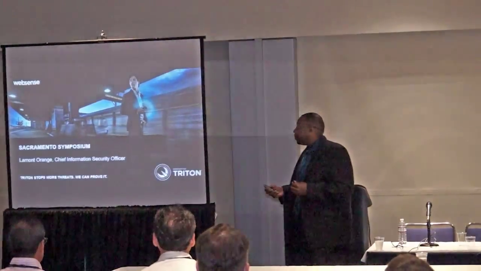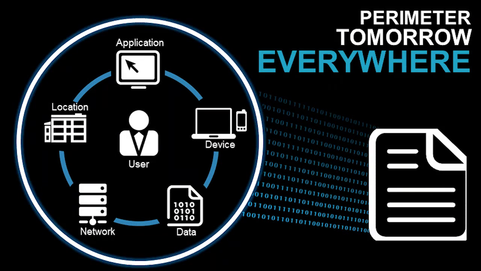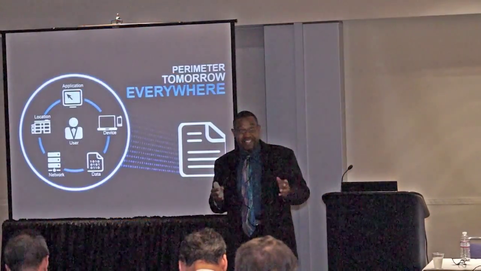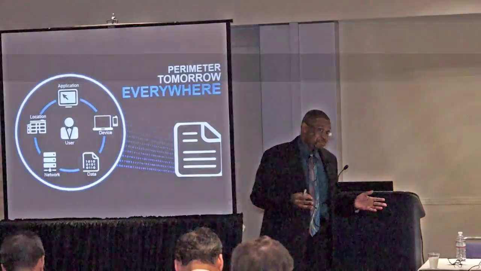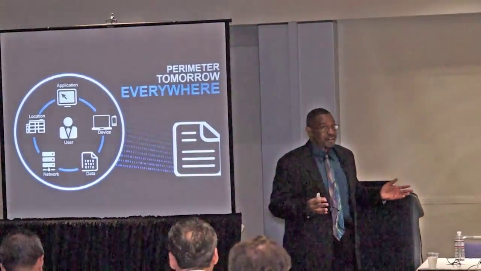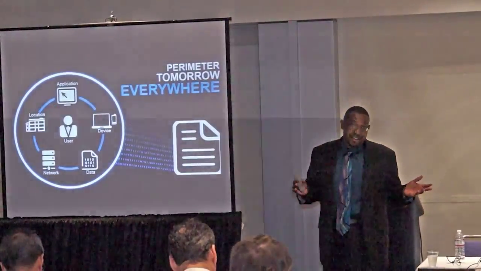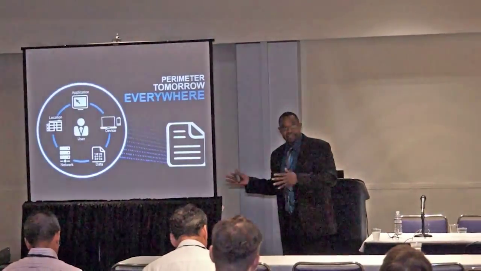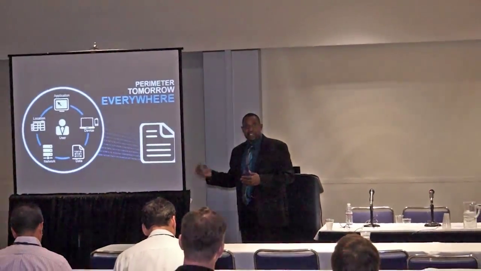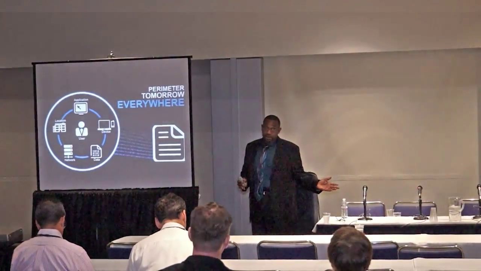So with that, let me take you down memory lane a little bit. We used to talk about the perimeter being how many firewalls we can put in place, and once we have those firewalls, those IPSs, we just keep changing them out, getting better. And that was the perimeter. We crossed our fingers and hoped that nobody got past the perimeter, because if they did, in most cases, we might not see them. AV was as good as AV was and as good as it is today. It's signature-based. Whatever it is, and we've seen in the past, that's what it's going to protect. What we see tomorrow, it has no clue.